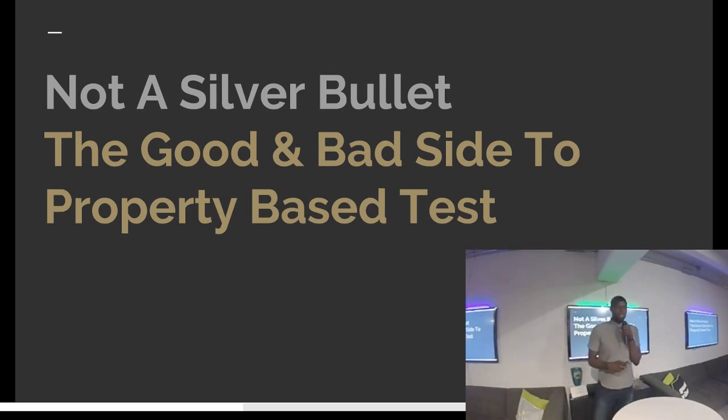But some of the benefits of property-based testing: the number of tests you can generate using random data is only limited by power and time. As long as you can have the code running and you have enough processing power, you can generate thousands, even hundreds of thousands of tests. Another benefit is that going through the process of identifying properties of your functions, things that are always true, means you end up understanding the business logic and the rules of the application you're trying to build. You start to gain a better understanding of what you're trying to do. So it's kind of a double-edged sword in that case.